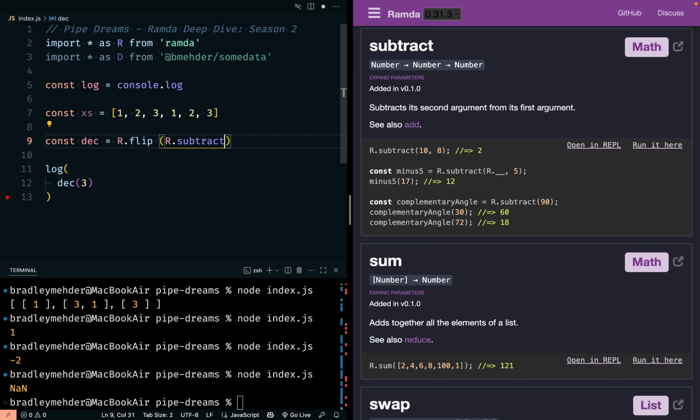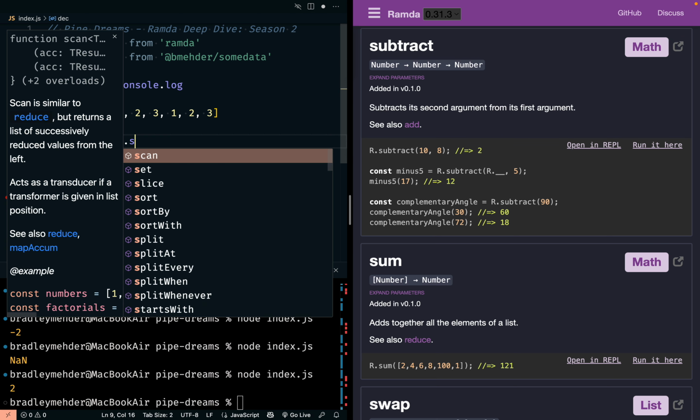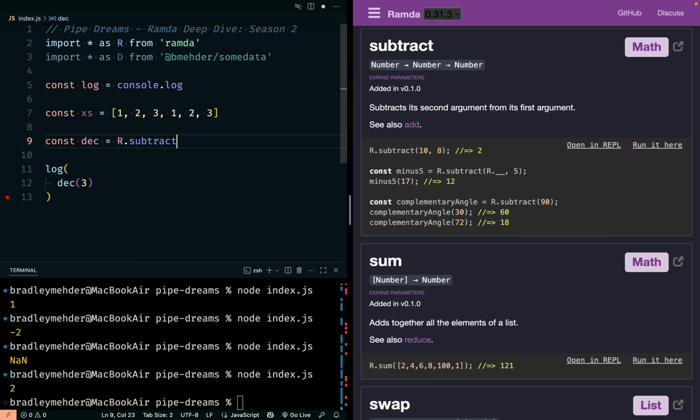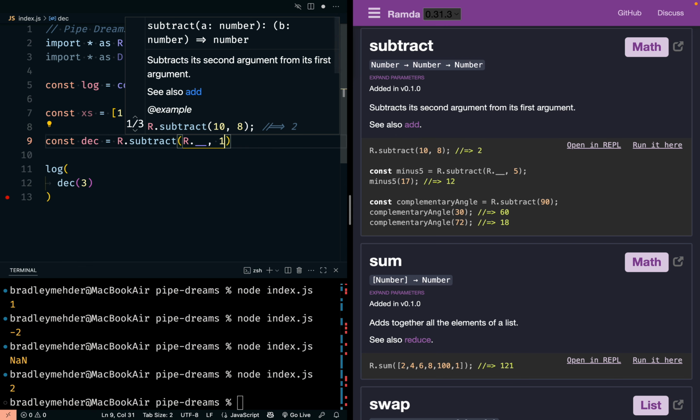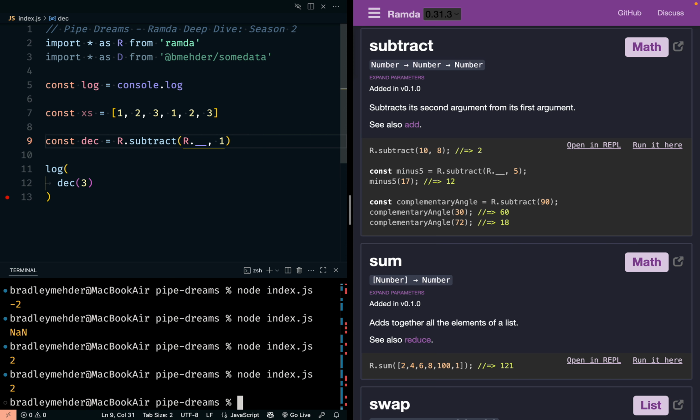We're flipping the arguments of the function, and then we pass the second argument, really, because we're flipping it, and we get 2. So 3 minus 1 is 2. Or we should be able to use Ramda's placeholder and do R.subtract, R.__, and then 1, and we still get 2. So either way,